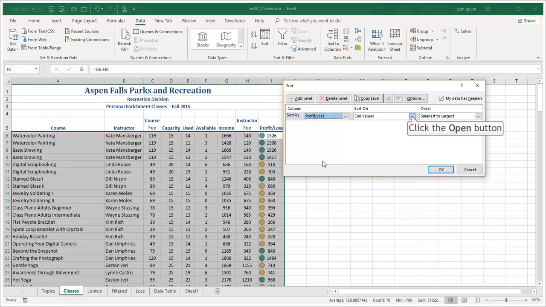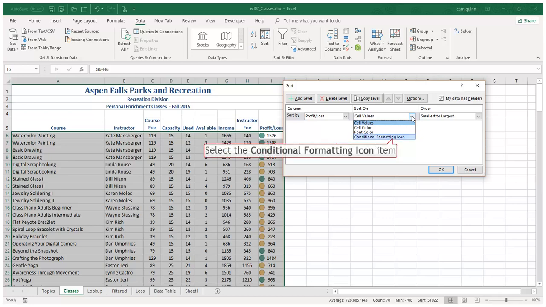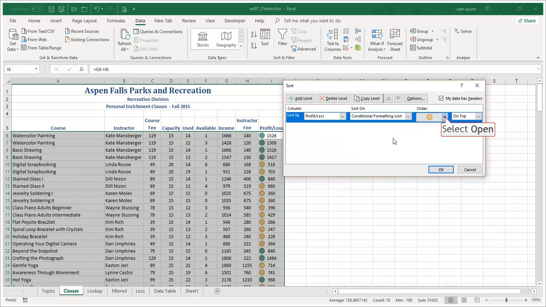But in our case, we actually are going to sort it by conditional formatting icon. So we want to sort it by the icon. And if you don't see this, it means you're running with an older version of Excel. Then instead of sorting it by the conditional formatting icon, you'll sort it by cell color, or by icon color. So I'm going to say yes, and I want my red ones to be on top,